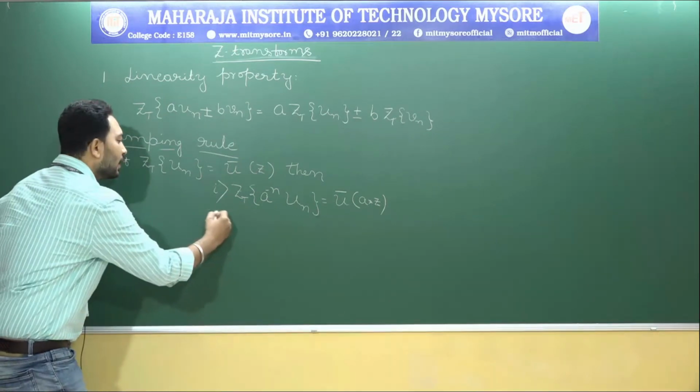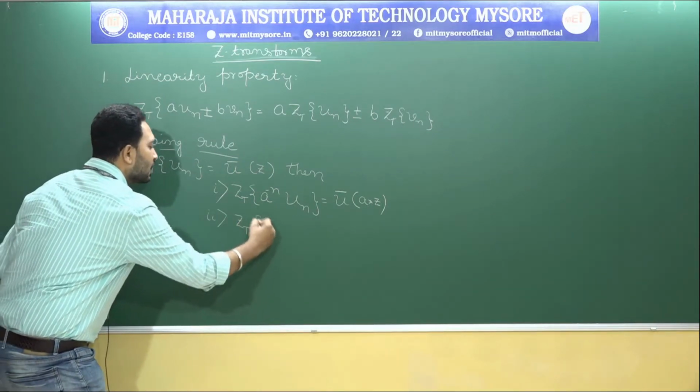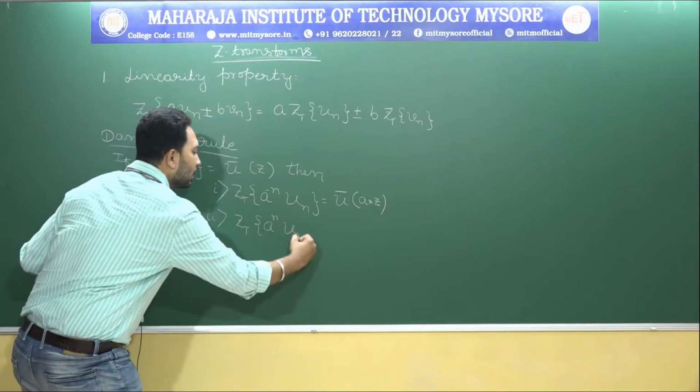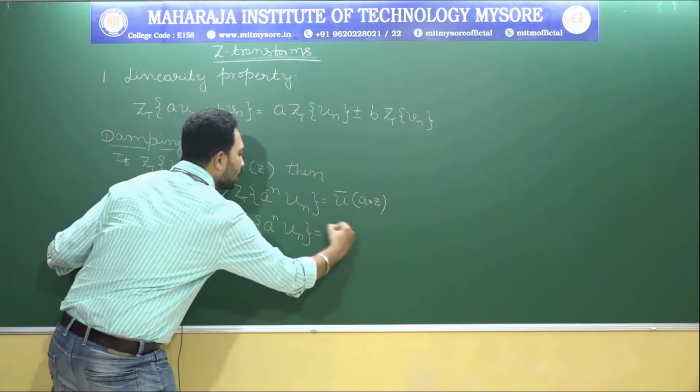And second one, Z transformation of a power n into un equals u bar of